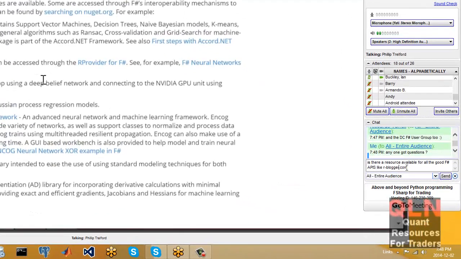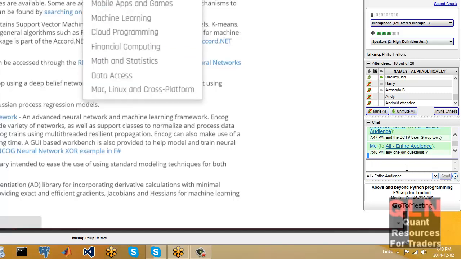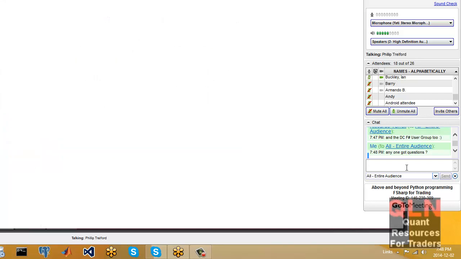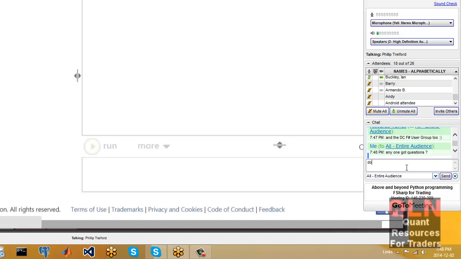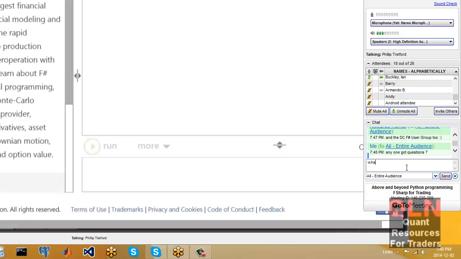So a ridiculously fast deep belief network running on commodity hardware, which is got to be nice. I would recommend having a look at that. As you can see, there's a whole bunch of different libraries. And hopefully, you'll see how easy it is to find out about a particular area of FSharp. Just head up to fsharp.org and pop in on one of those menus.